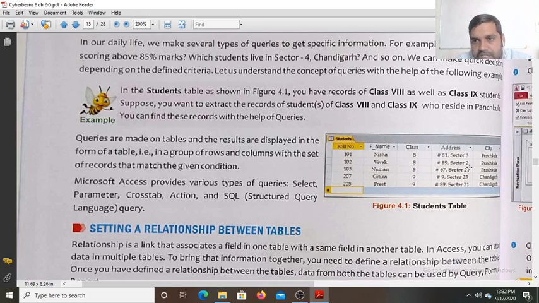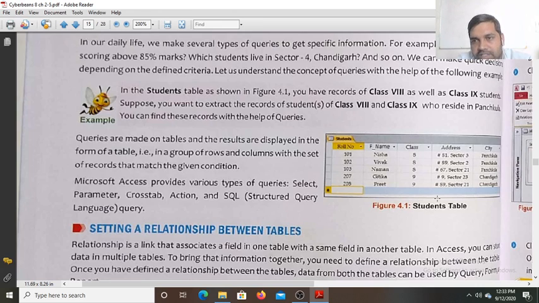Okay. Now see here, the city values with Panchkula. Here you can see two students of class 8 living in Panchkula. Only two students. And two students of class 9 living in Chandigarh. Here you can also see who lives in sector 4, Chandigarh.